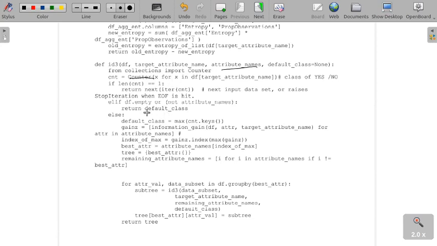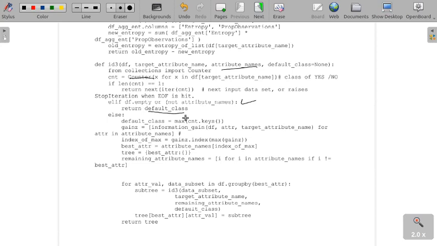Otherwise, depending on how many positive and negative there are, if we see only yes or no, we return that. Also if the table is empty, for example after humidity equal to yes, there is no further classification, right? So if we find a situation like we saw in the algorithm, return the default class.